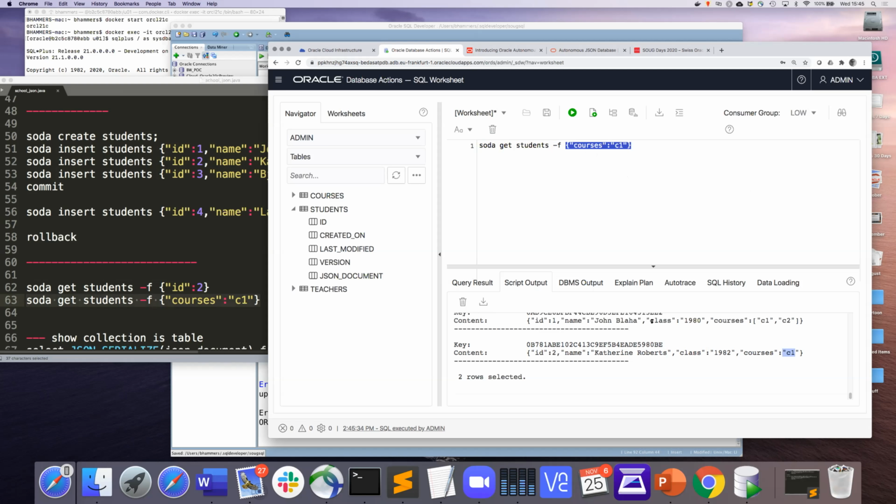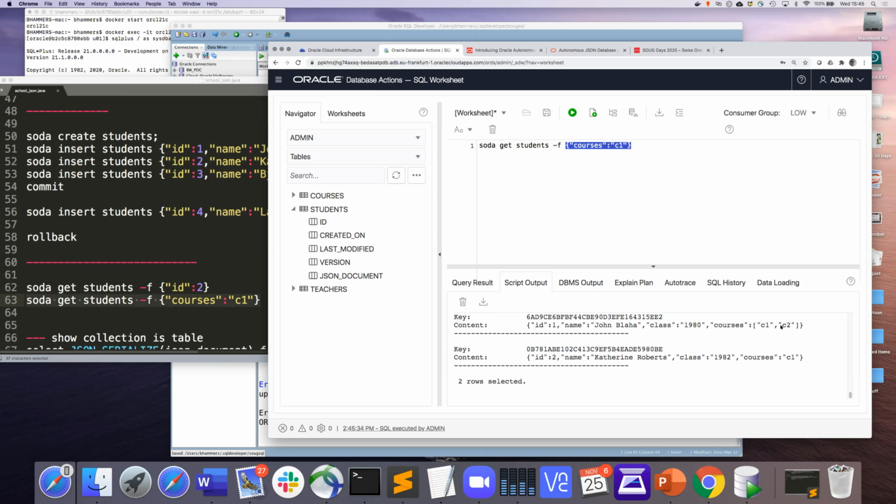But here you actually see with John Blaha, it's the value for courses contains C1. So it's not an equality, it's like an exist condition. So basically look for all the courses where the course C1 exists. This is why the cardinality change does not really make a difference when you query it. So you can query singletons and multiple values with the same query.